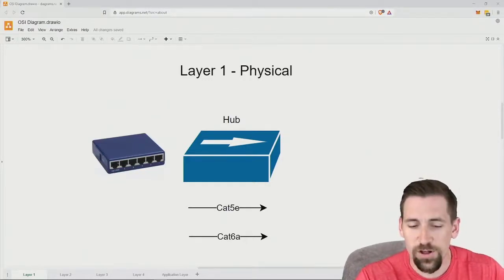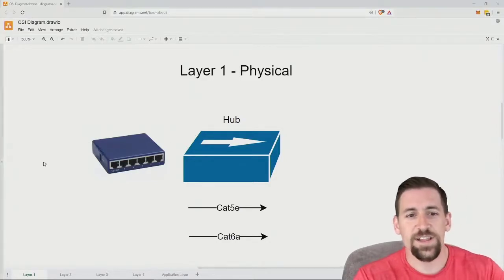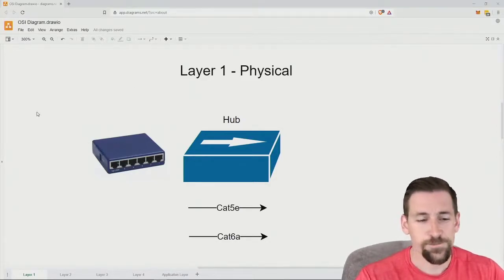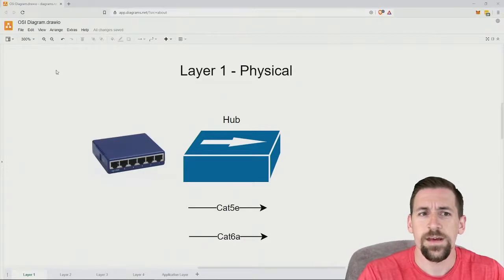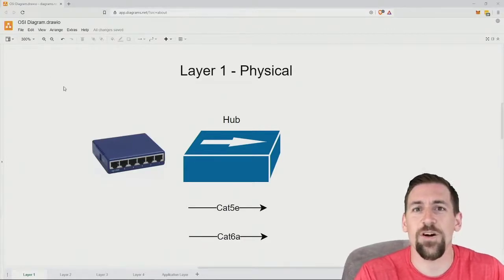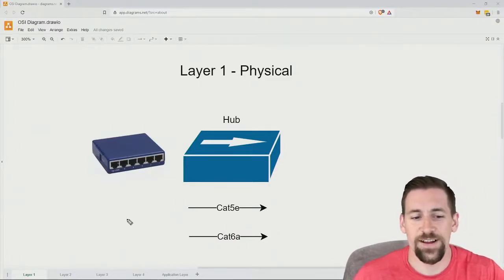So if we recall the layers of the OSI model, layer 1, the physical layer, is what we're looking at here. We have specific components of the network architecture that live at layer 1. What components of the network architecture live at layer 1? I would say cabling, right? So what we actually have down here is cabling labels